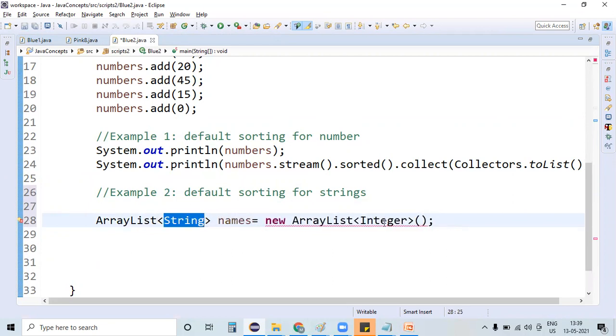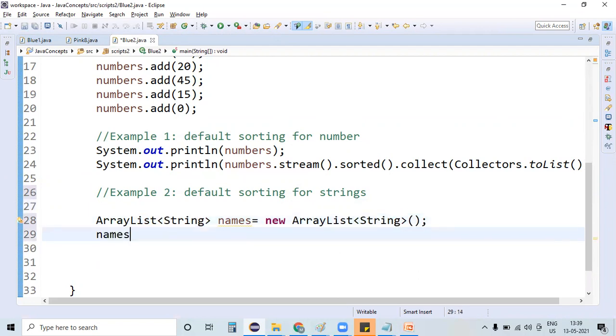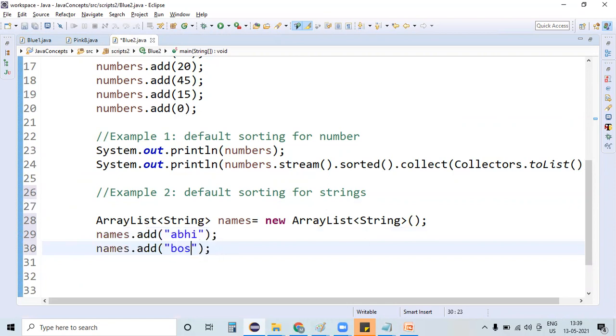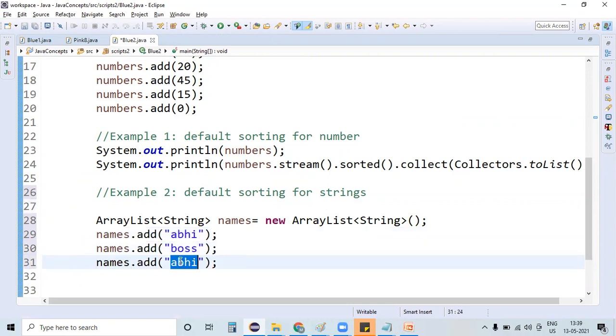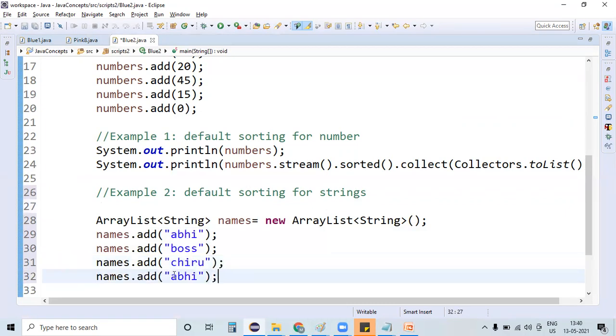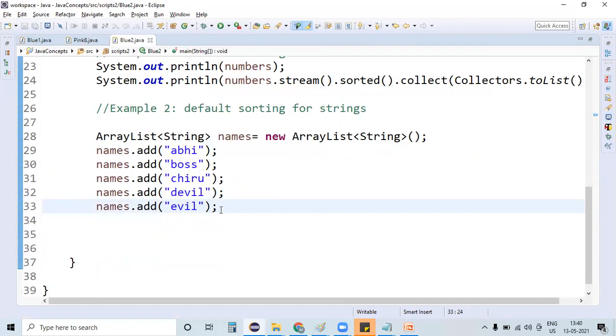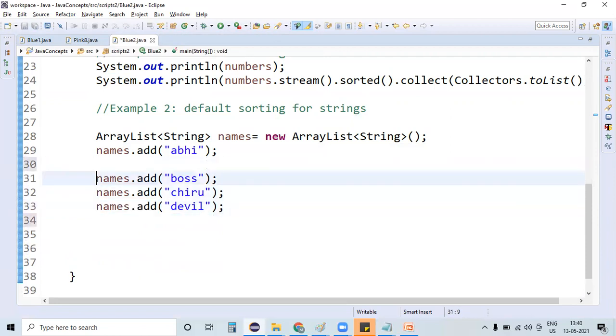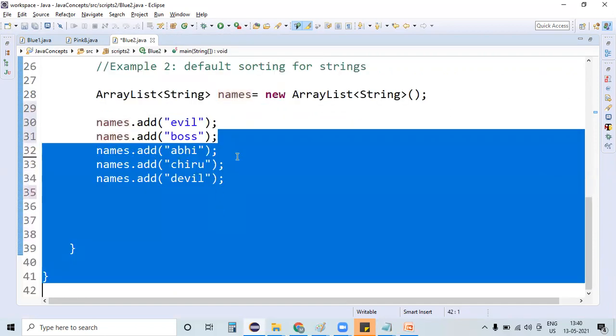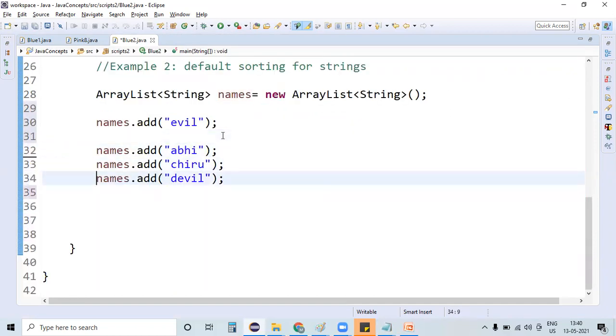Now names dot add: Abhi as my first name, my second name is Boss, my third name is Chiru, my fourth name is Devil, and my fifth name is Evil. I'm giving these in an order; the order I'm preserving here is A, B, C, D, basically.